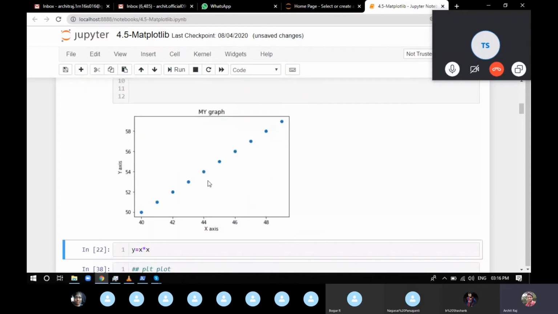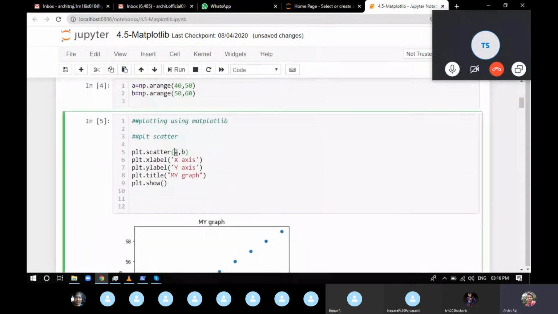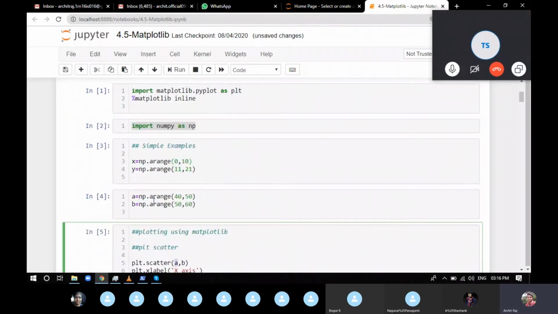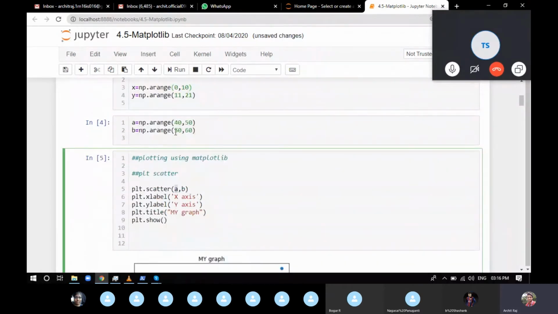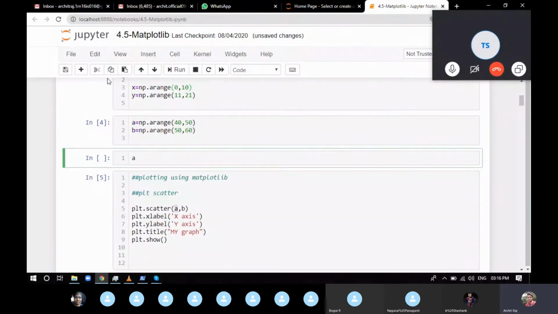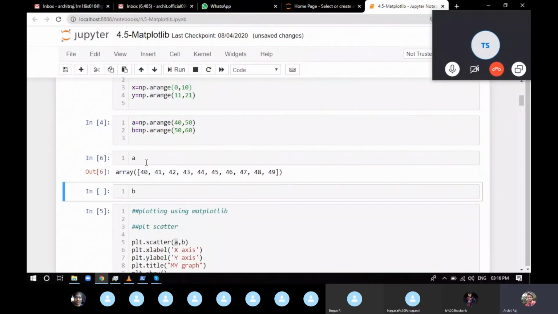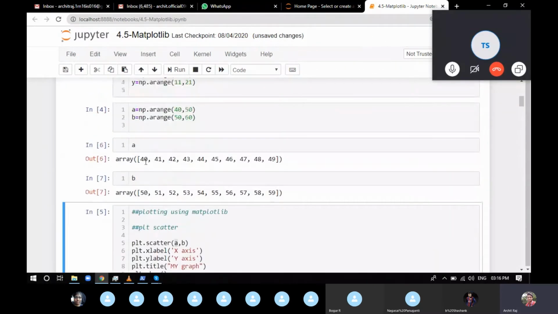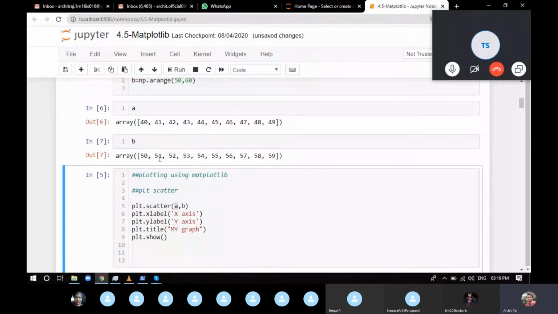Here np.arange we have given 40 to 50 for A, and for B we have given 50 to 60. So these both have 10 values. I'll just print A and print B. You can see A has 40, 41, 42, and B has 50, 51, 52.